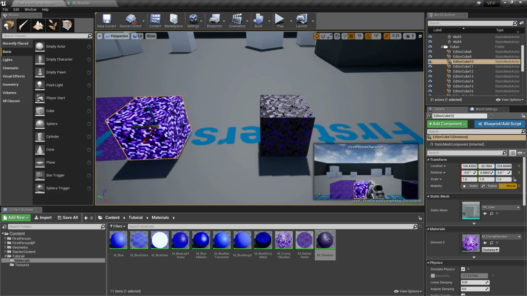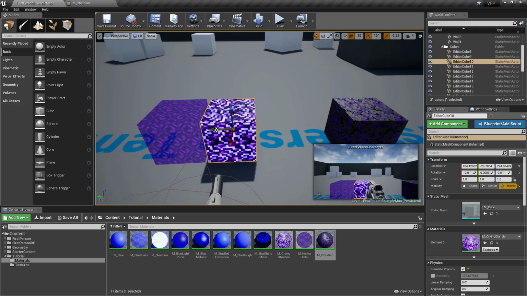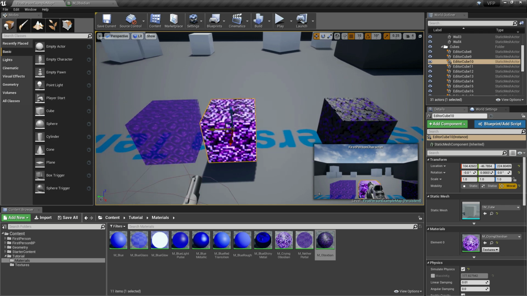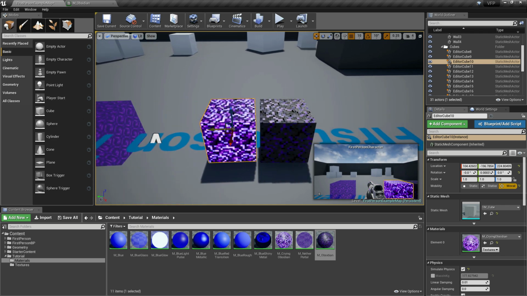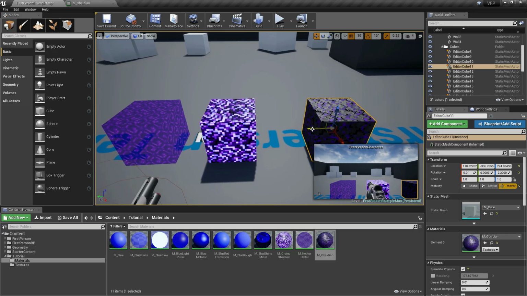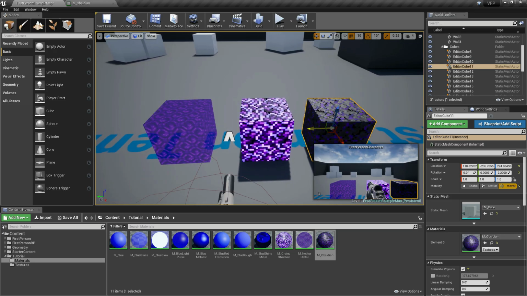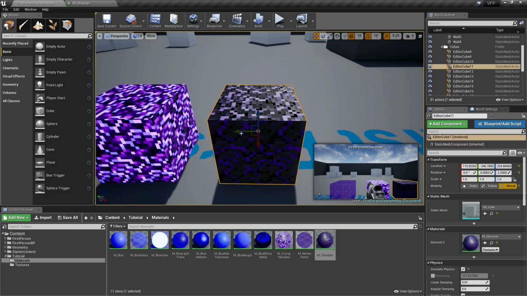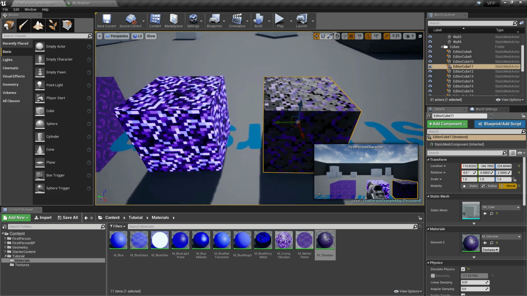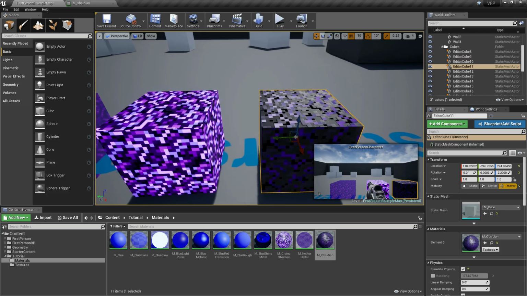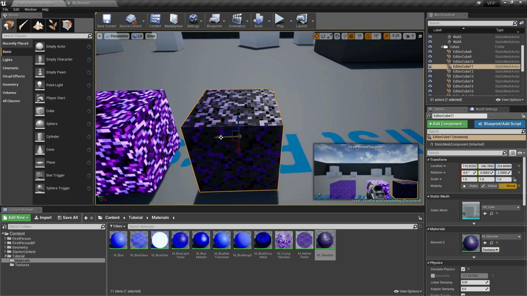Unlike the object using a UV coordinate, once we move the object, the texture will move together with its object. So that's the UV coordinate. And this one is the world space coordinate. So that's the difference between the local material with UV coordinate and the material using world space coordinate, using world aligned texture.